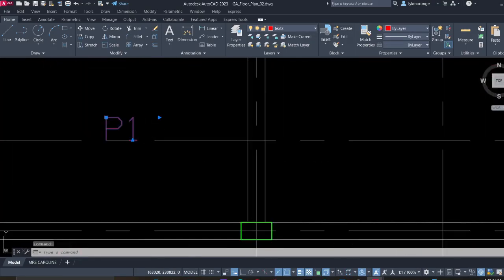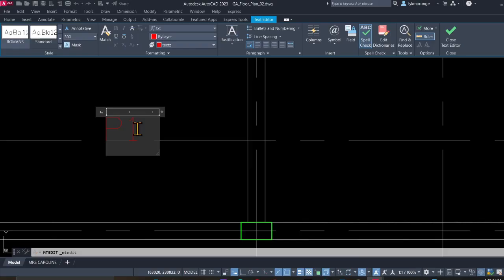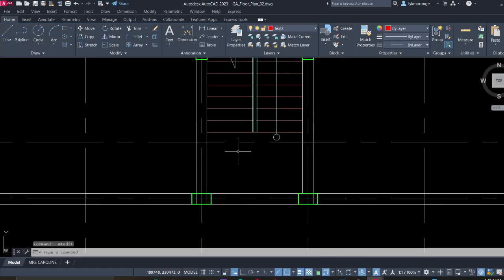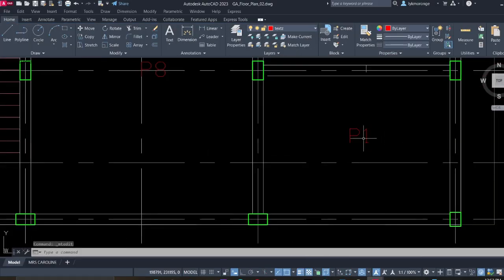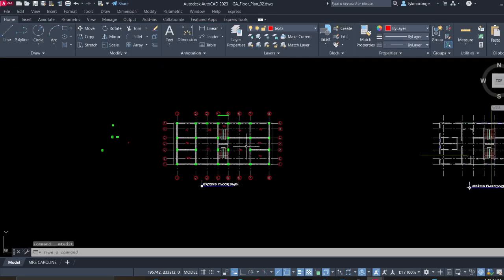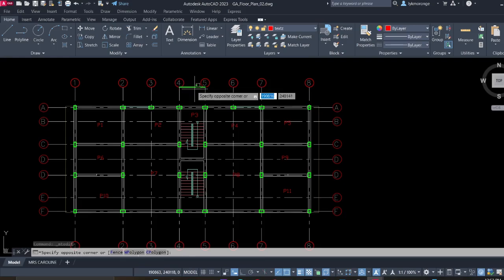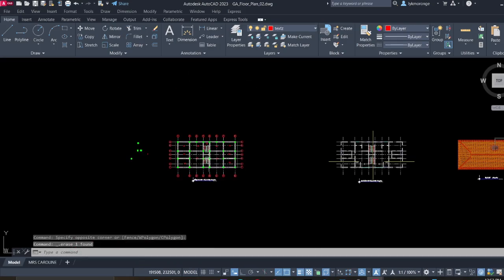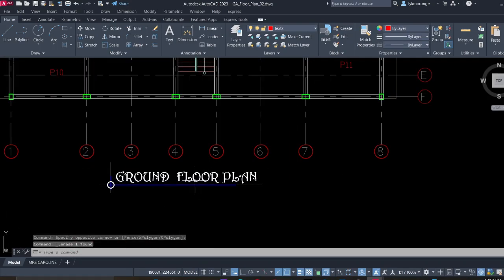Maybe you can have this one as P10. And finally, this one should be P11. So we have 11 panels in total that makes our complete slab. So up to this point, we are done with our ground floor unit, and you can see we already have the level here. So ground floor,